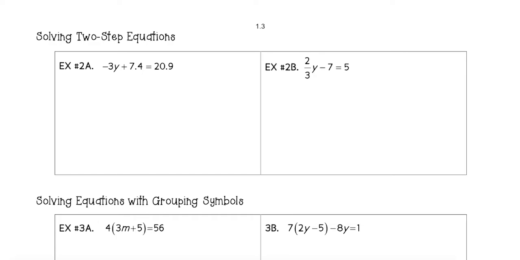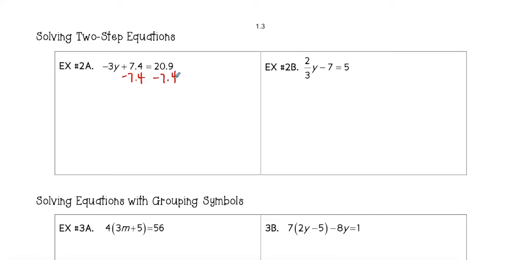So remember, terms are separated by pluses and minuses. So this right here is a term, this is another term. So you want to get this term by itself, and then once it's by itself, then you're able to divide by that -3. Okay, so step 1, isolate the term. Step 2, get y by itself. So to isolate, I'm going to have to subtract